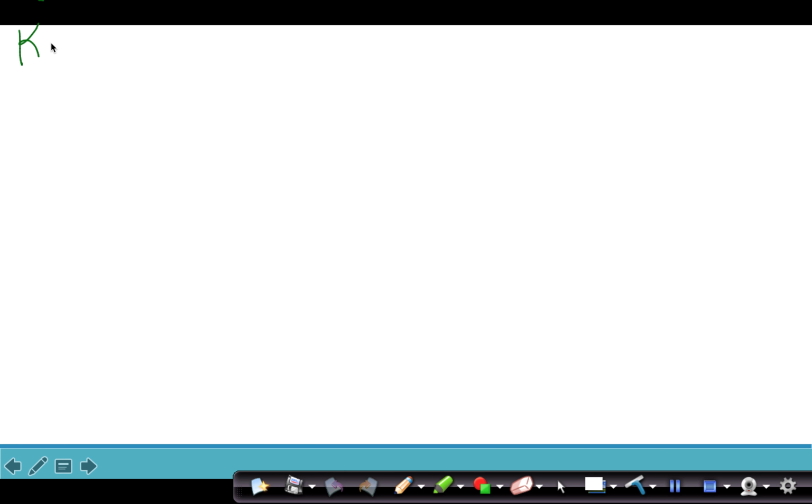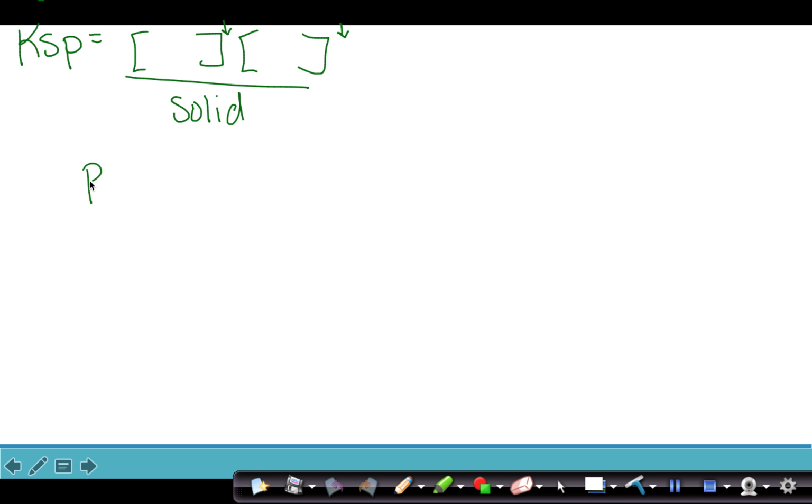Ksp is really just going to be products. There really is no denominator because the denominator is a solid. These exponents are going to come from the coefficients, but you can get them if we look at our